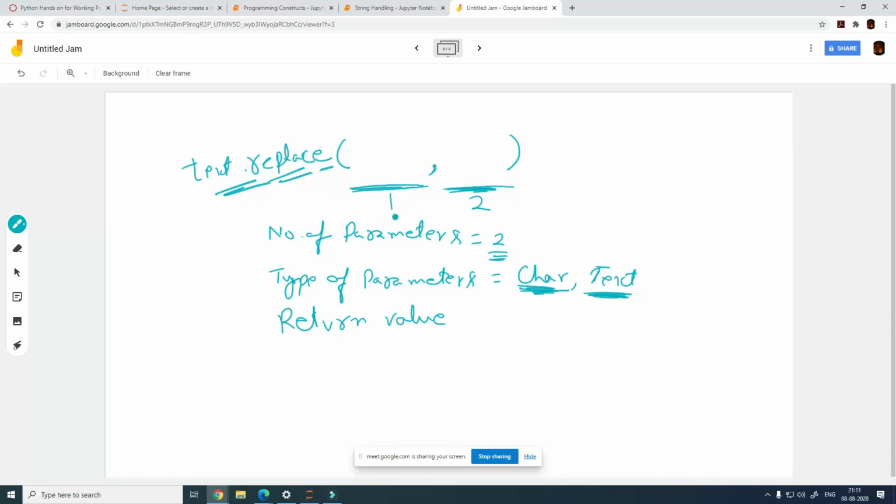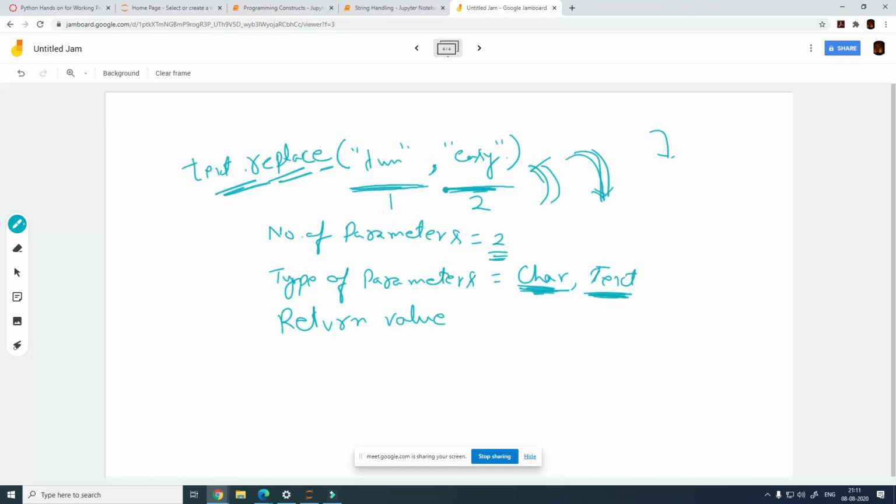So replace takes 2 parameters. Now, what does replace return to you? You are passing something to the replace function, but it is also giving you something back. What is it giving you? Let's say you are calling replace asking it to replace fun with easy. It is replacing fun with easy and giving you that text back.